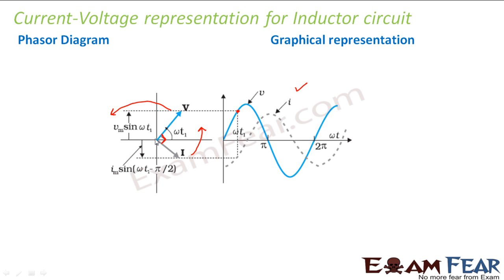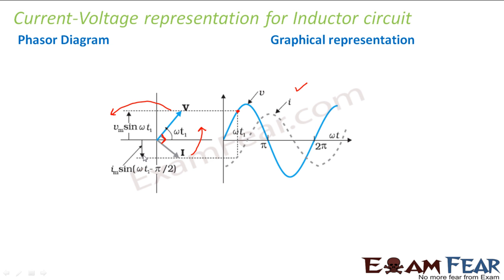I'll repeat once again the way I have drawn the phasor diagram. First you draw voltage in the graph and plot a corresponding phasor on the phasor diagram. And then you look at the phase relationship between voltage and current. If they are in phase, then voltage and current will overlap. If they are out of phase, then the current will be behind voltage or ahead of voltage depending upon the phase relationship. Since here the current was lagging behind voltage, the current was drawn behind voltage, and the phase difference was pi by 2. Therefore the angle between the voltage phasor and the current phasor is taken as pi by 2.